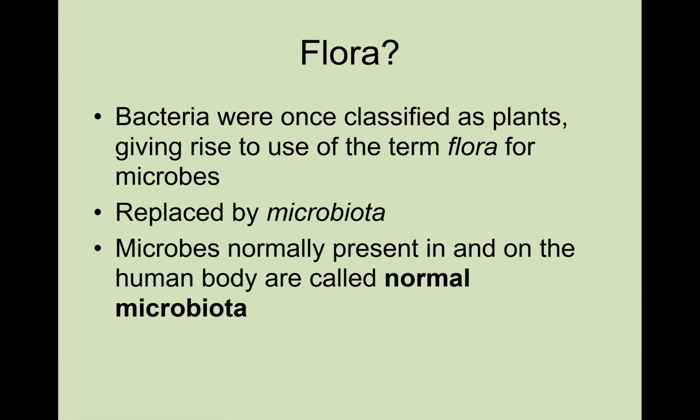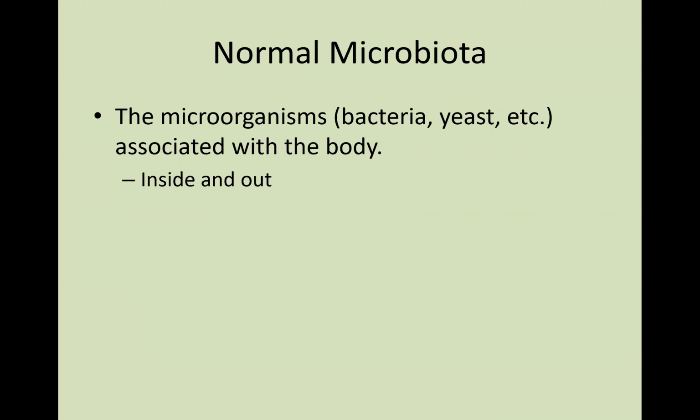But when we talk about microbes that are present in or on the human body, we discuss them as normal microbiota. You may also hear the term resident microbiota. That means that they are going to be present in the body or outside of the body. So when we think about normal microbiota, these can be all different types of organisms. On your skin at this moment in time, you have Staphylococcus epidermidis. You also may find some yeast cells. We may find even a couple protozoa as well that are associated with the body.